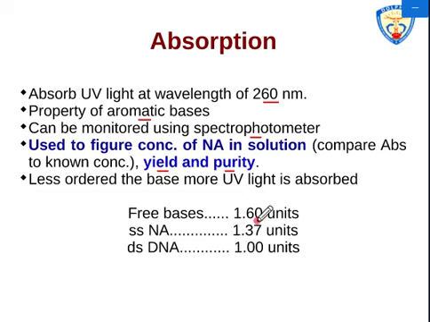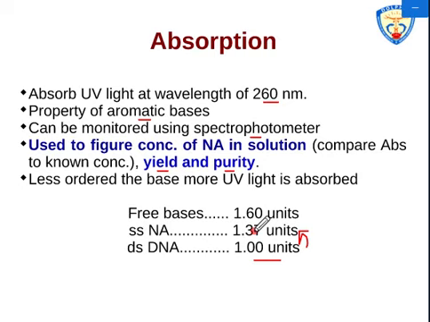So if we have a double-stranded DNA solution and we set the value of absorption at 260 nanometers to be 1 unit, when we denature the DNA, this value increases by 37%. So when we measure the absorption value of a single-stranded DNA molecule, the unit will be 1.37 if the initial unit was set as 1 unit. So we see there is a 37% increase in the absorption when we convert a double-stranded DNA into a single-stranded form.